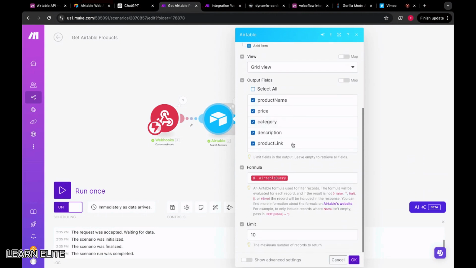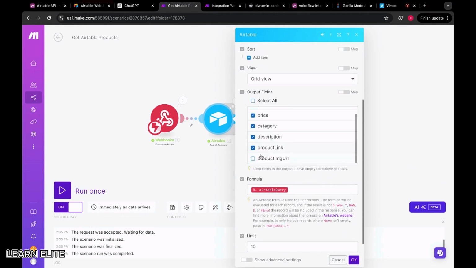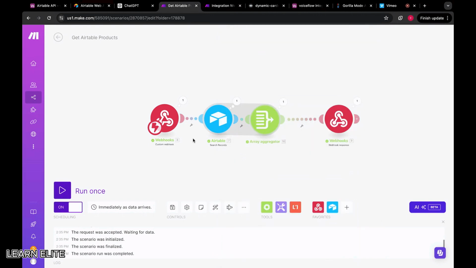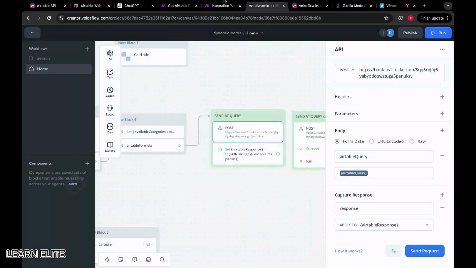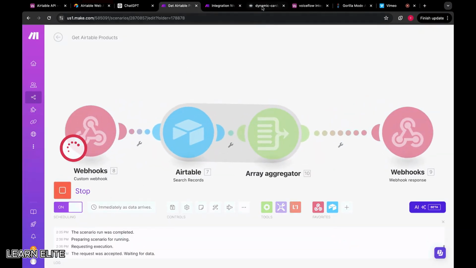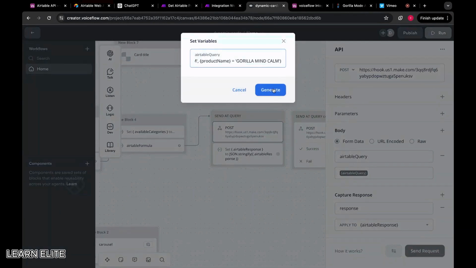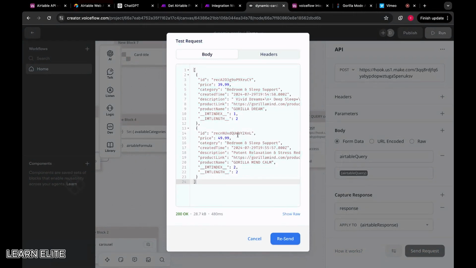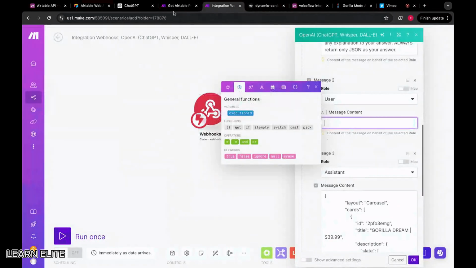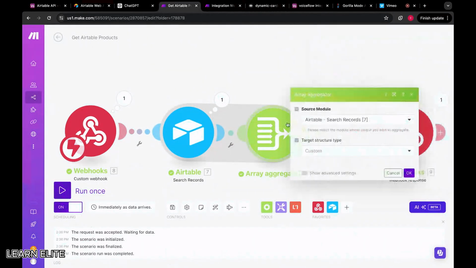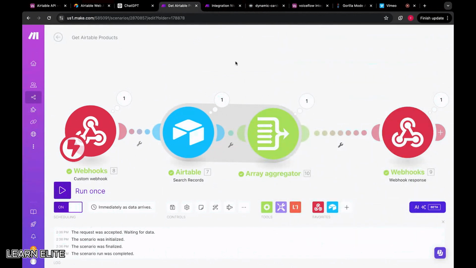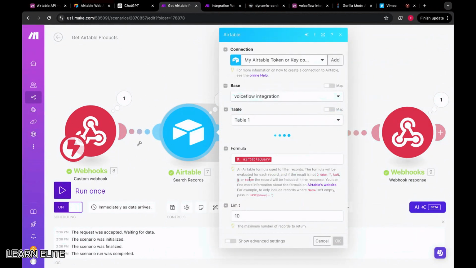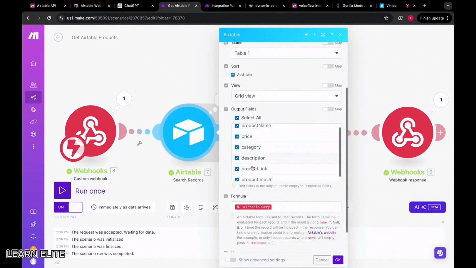So here we go. Just had to enable it there. Now if I go ahead and run this again, hold on, go ahead and run this, send this request. Where are we at? Now this aggregator, now we need to click it there. All right, cool. So we had to basically enable it in this Airtable module, make sure it's checked in here